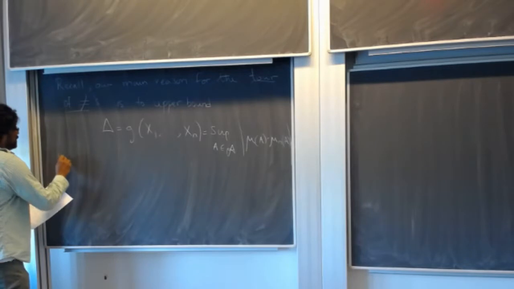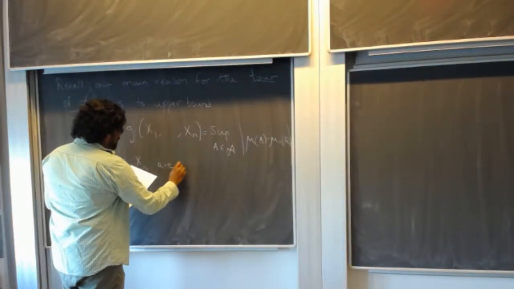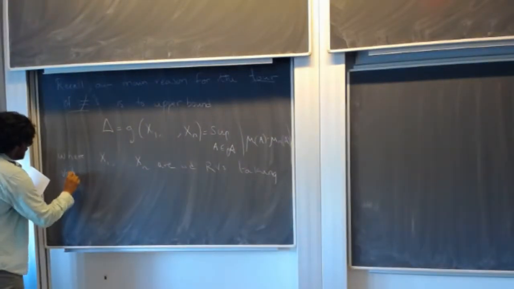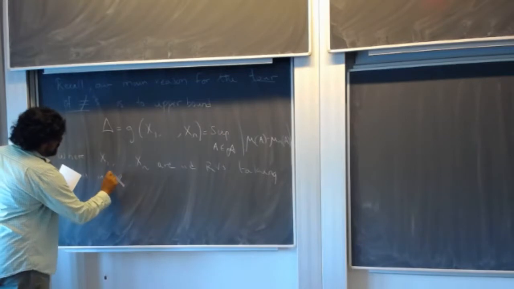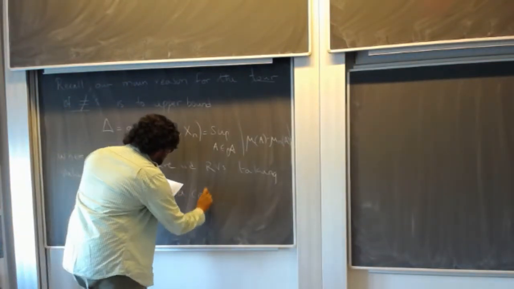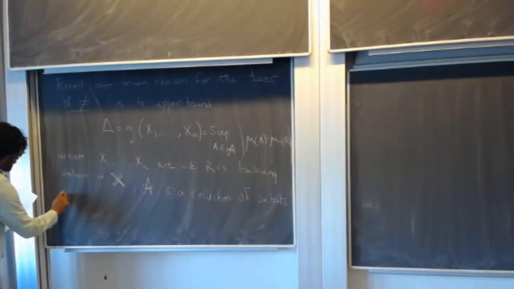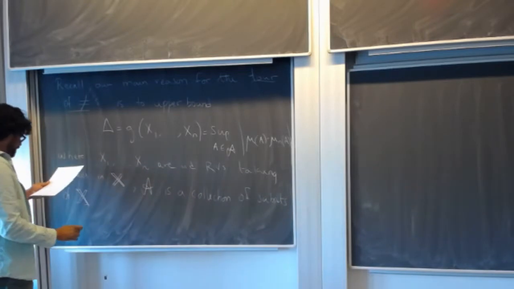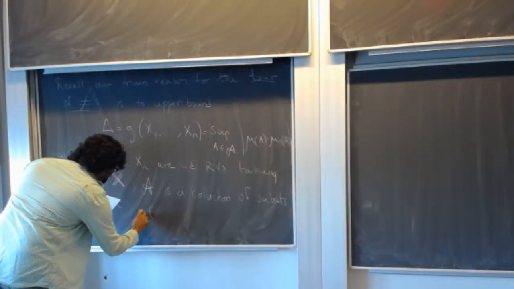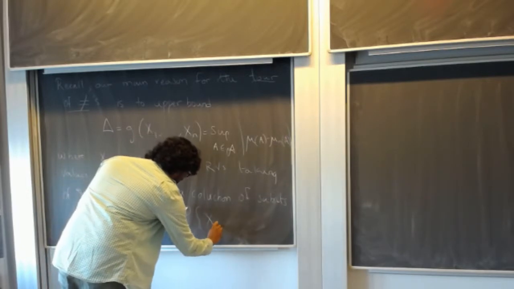So for generally, x1 through xn are IID random variables taking values in some space X, and A is more generally the collection of subsets of X, with probability of, or mu of A, being just the probability of any one of the random variables, say x1, being